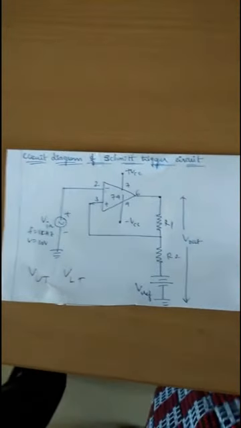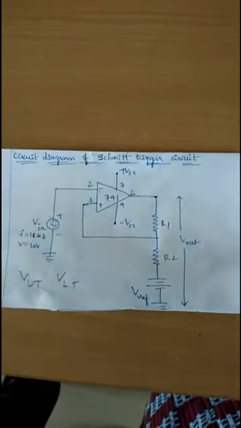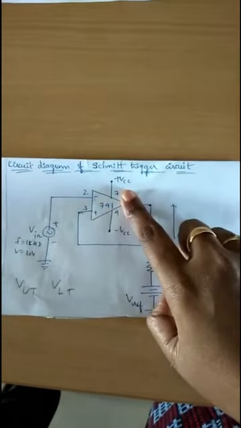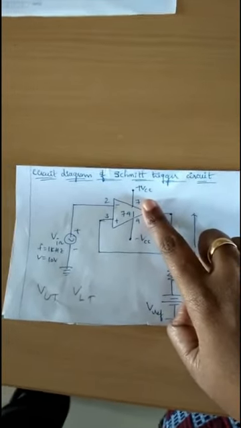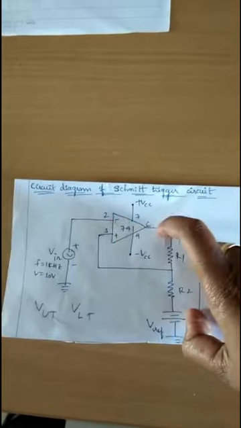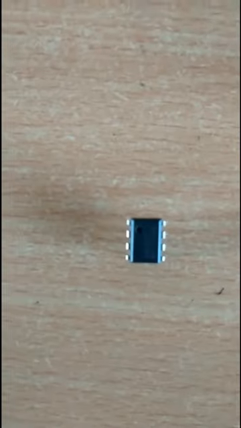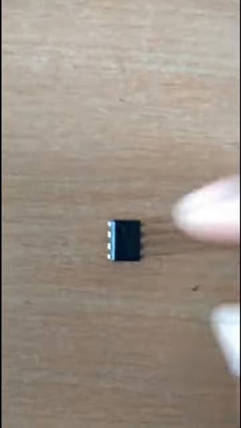In order to rig up the circuit, let's see the circuit diagram. So this is the 741 operational amplifier. As you can see, it has got 7 pins. This is the op amp we have taken. So how to consider the pins? As you can see, there is a notch there, a small hole kind.